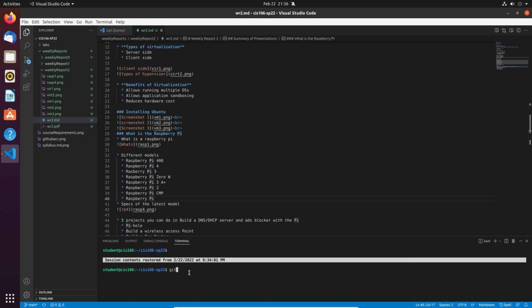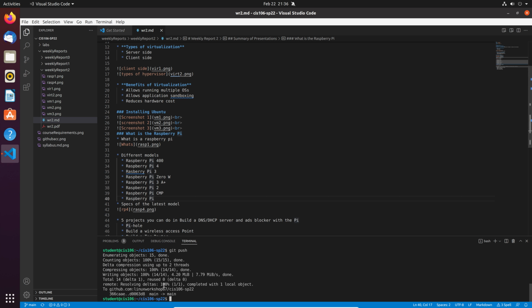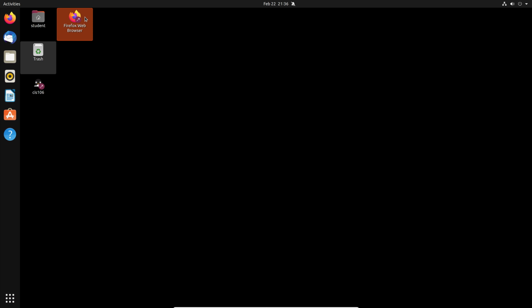Okay, so I'm gonna do a git pull, make sure that what I have in GitHub and what I have in my local computer matches up, and then I'm gonna do a git add period, git commit -m finish weekly report 2, and then git push. Now all my changes are on GitHub right now, so if I close VS Code and I open Firefox,